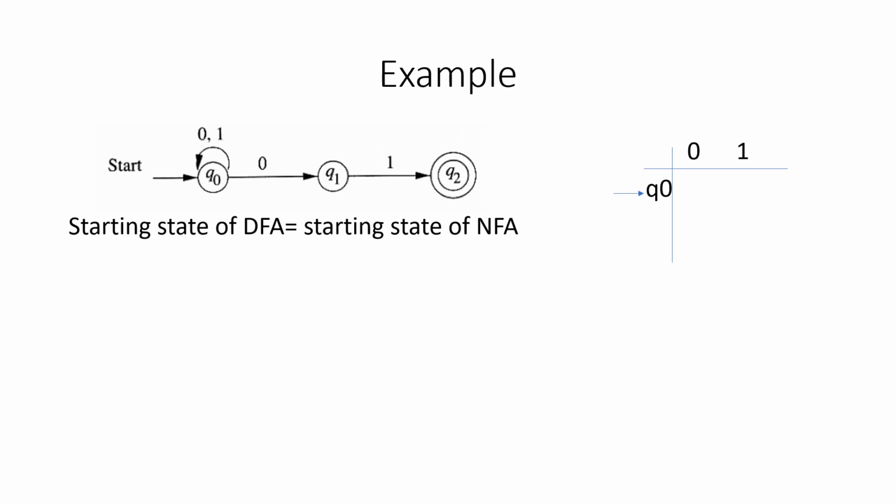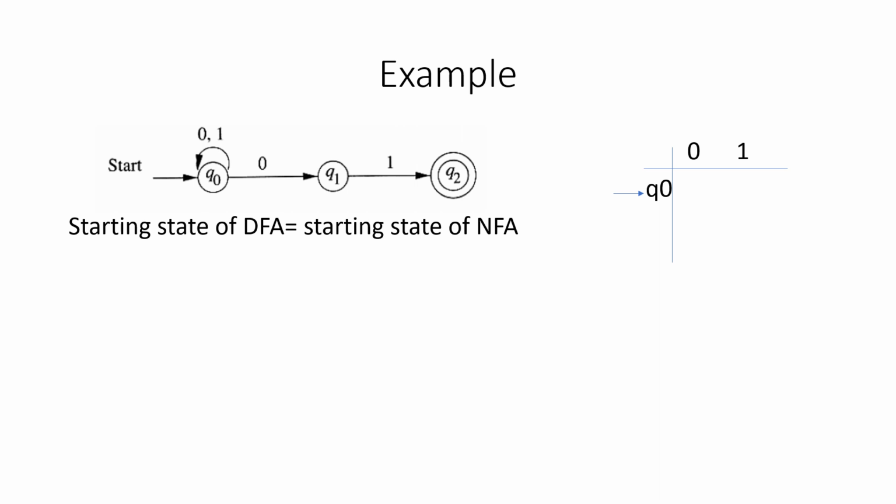We'll take this NFA as an input. Our target is to convert this NFA to an equivalent DFA, right? So the first thing is the starting state. We have to decide the starting state for the DFA which we are going to construct. The starting state of the DFA is always the same as the starting state of the NFA. Here in our example, Q naught is the start. I think you know how to identify a starting state. So Q naught is the starting state in the NFA, and the same state is considered as the starting state in the DFA also.